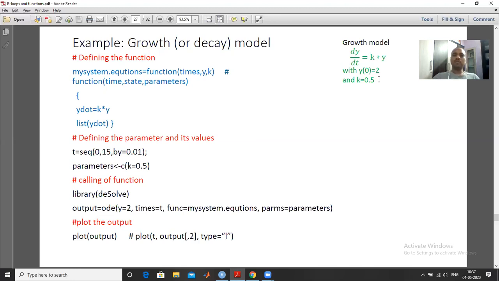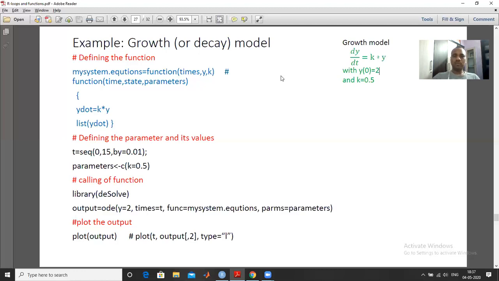So we want to solve this growth model numerically. Actually, we can solve it analytically as well, because this is a simple first order differential equation. This is an initial value problem, with one parameter, one differential equation, and a single condition to find the value. So uniquely you can find the solution analytically. But here we are finding the solution numerically. It is not a system, it is a single differential equation.